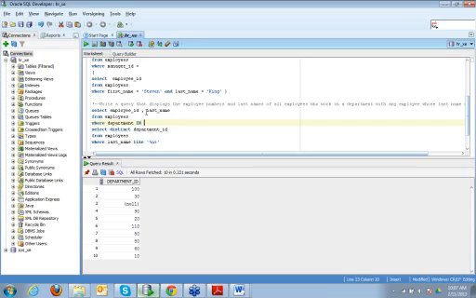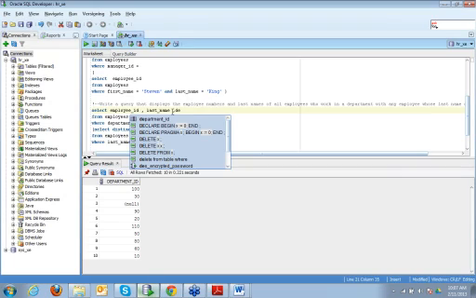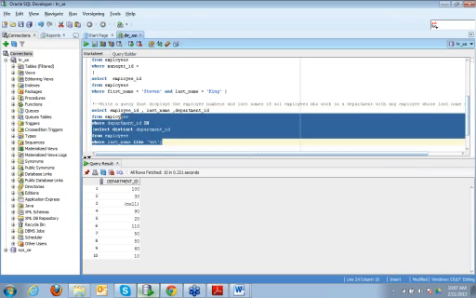After IN we need to put multiple values, so you can use IN here. You can also print their department IDs if you want. From employees where department ID in, select this, right?